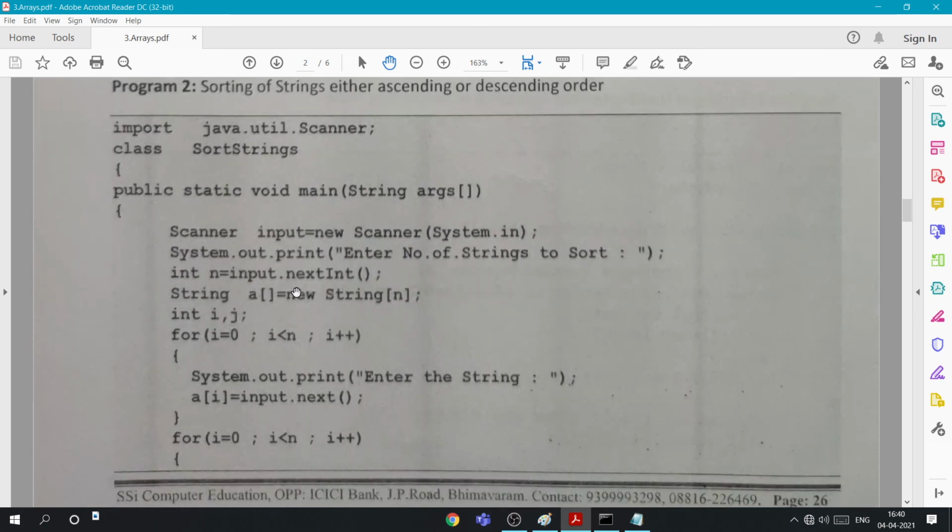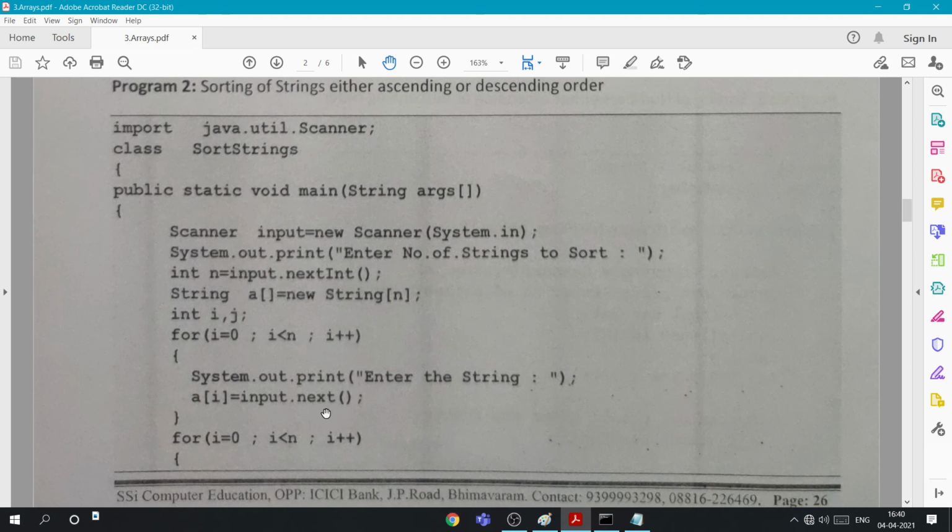Now you need to take the string values. So I am creating a string array here: String a of brackets is equal to new String. Now int i, j for a loop to enter the elements in that array. If you want to take an input string, then we will just use next.